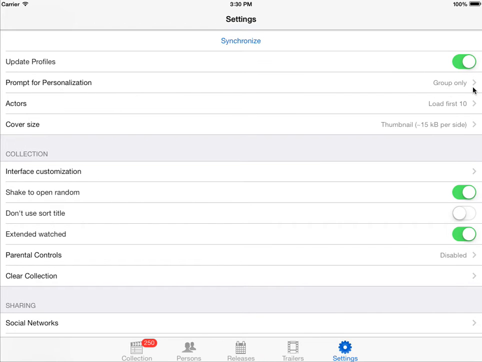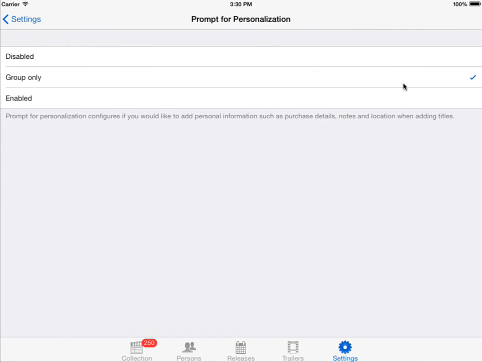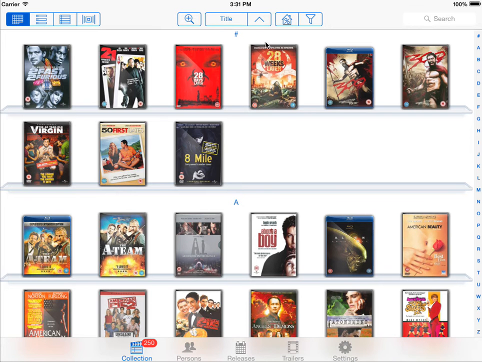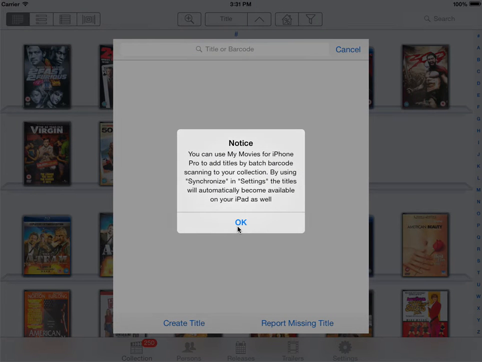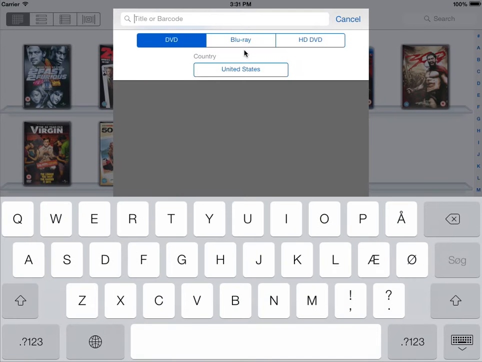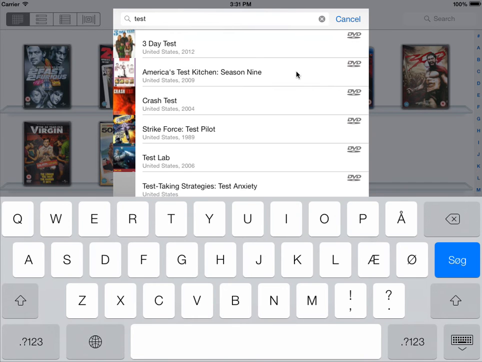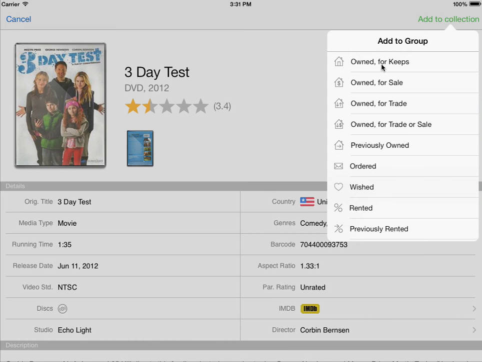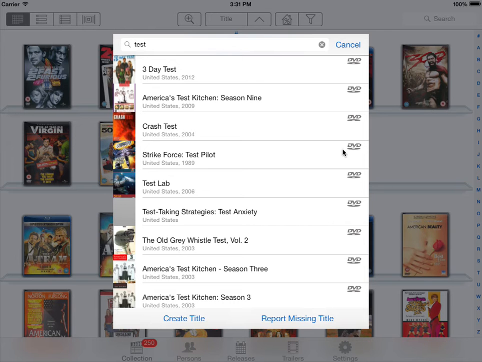The next option we have here is called prompt for personalization, which is by default set to group only. It has the options disabled, group only, and enabled. Let me just go in here and show you what this does. If you go into the collection, and we'll just search for a title, like this, say add to collection. Now it's going to ask me which group I would like to add this title to. I'll just cancel this